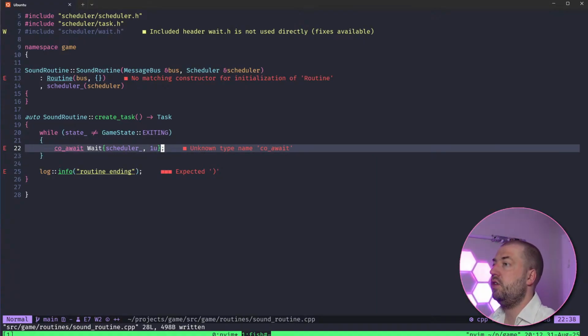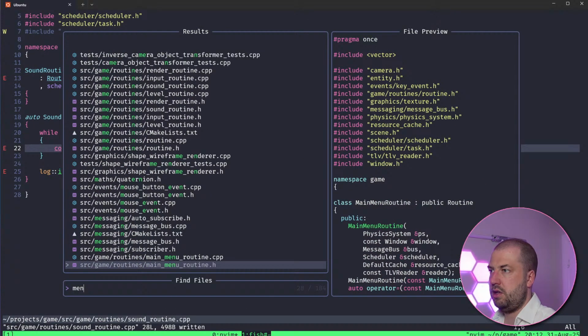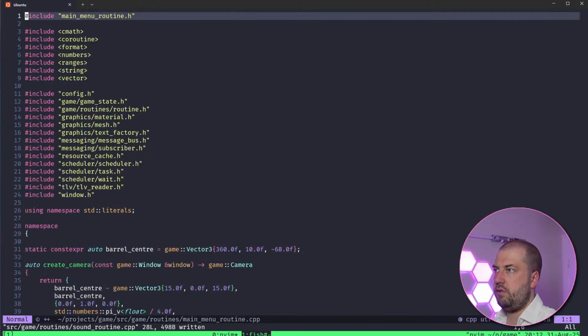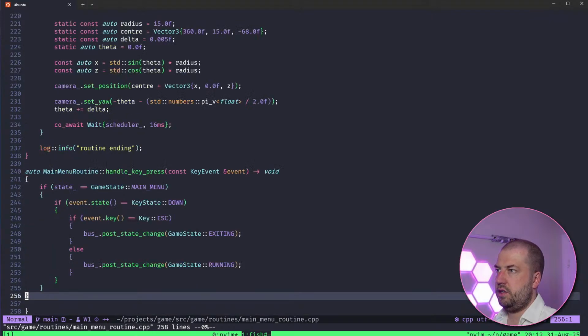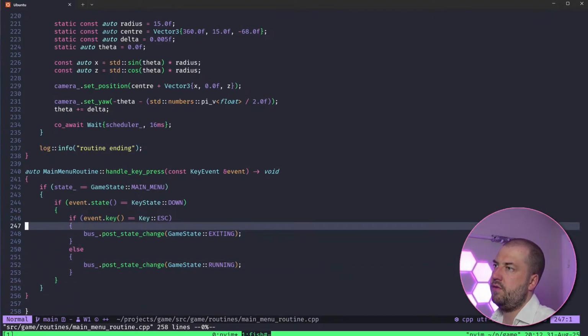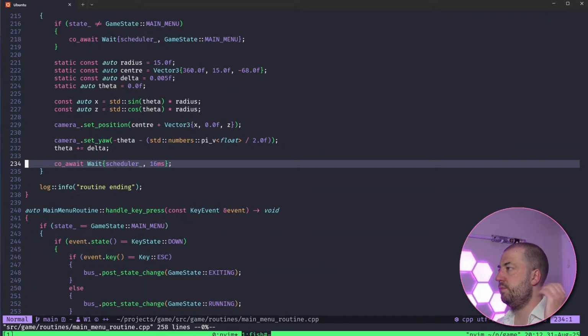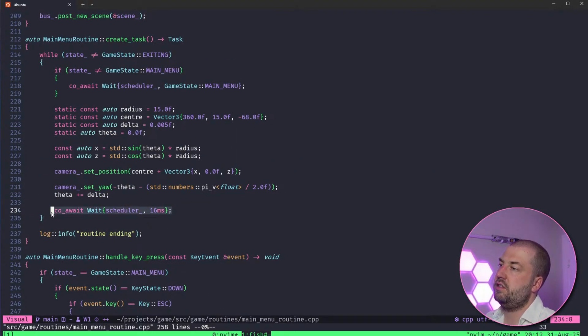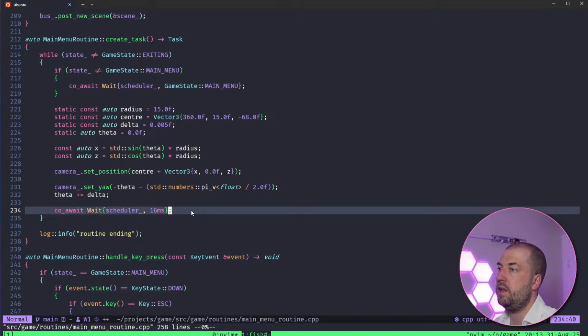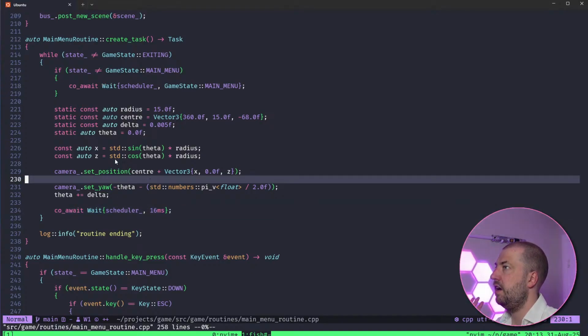Yeah, exactly. A really good example of this is the menu routine. This says call me every 16 milliseconds. When the game runs, the menu starts with an orbiting camera, and I want the orbit speed to be fixed, not running at the frame rate. I want it running always at basically 60 FPS. So this says just schedule me every 1/60th of a second. It's not exactly perfect, but it's good enough. And that's all the boilerplate code we need to force this function to run.